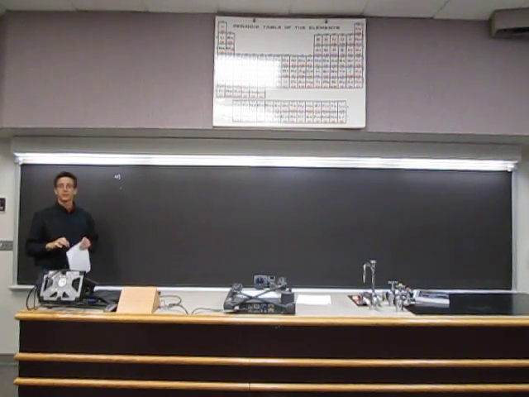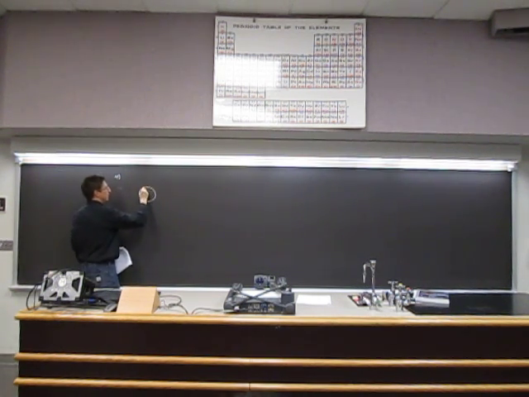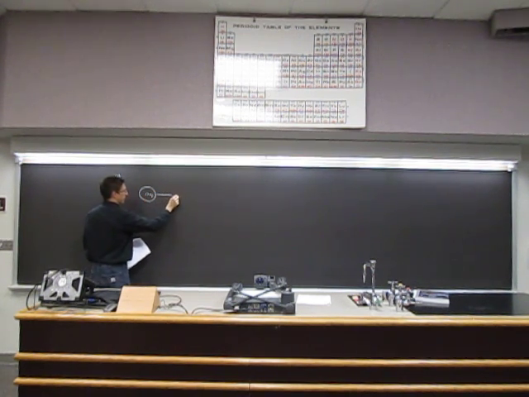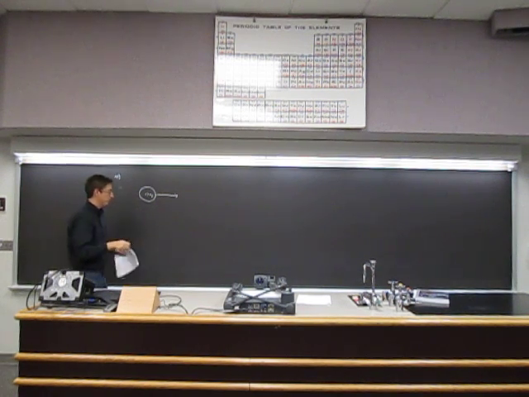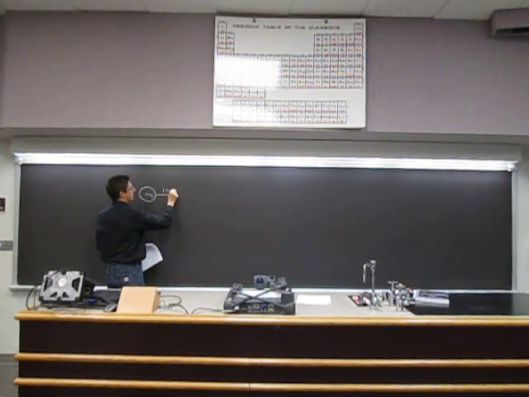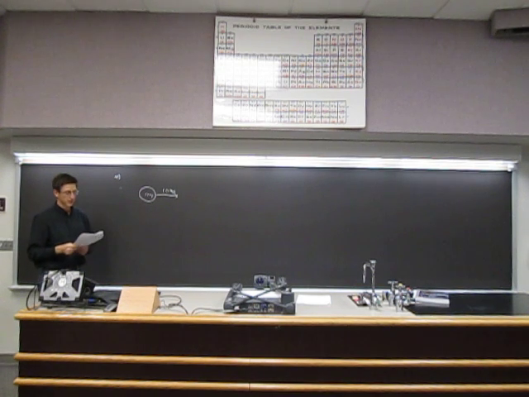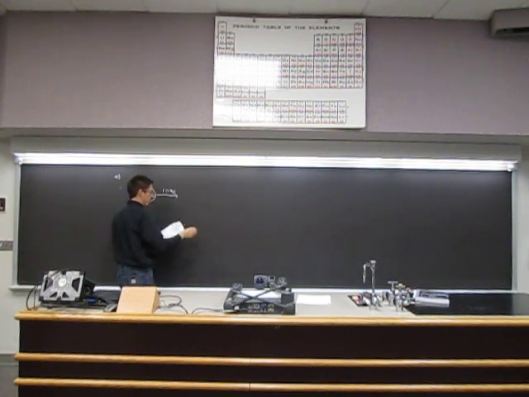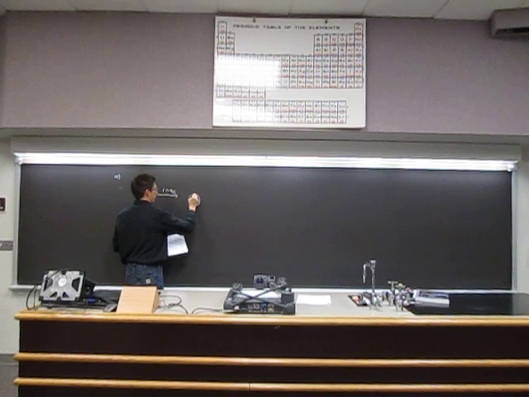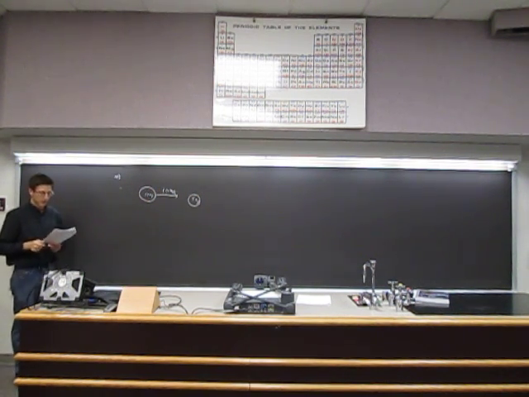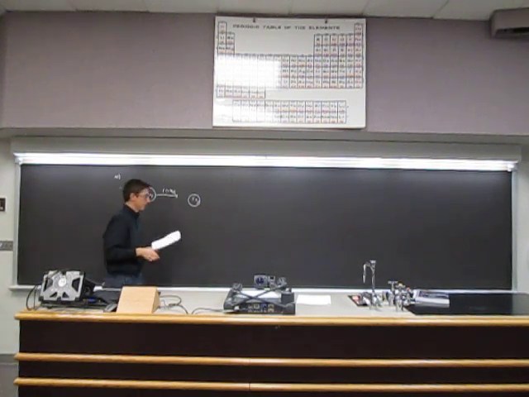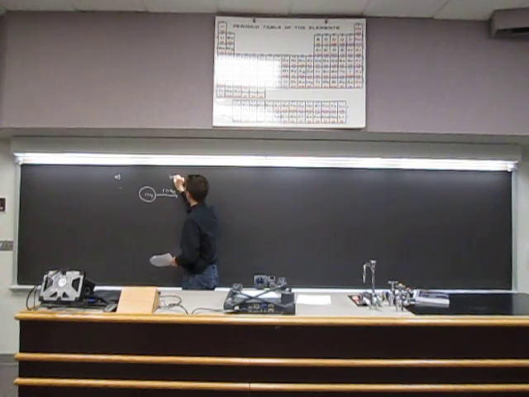On this problem, you had a ball with a mass of 10 kilograms, initially traveling at a speed of 10 meters per second in the x direction, and it collides with a 5 kilogram mass that's at rest. This is before the collision, and afterwards,